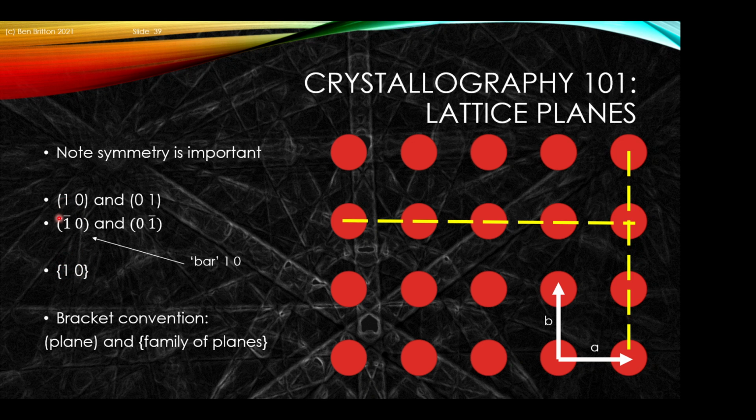Do note again that round parentheses are used for the plane, and the pointy brackets are used for the family of planes. When we describe crystal planes, we'll often describe the minus sign, if we need it, as the bar 1 plane. Do note that the index of the plane is related to the plane normal. If you just bear with me, we put the origin,